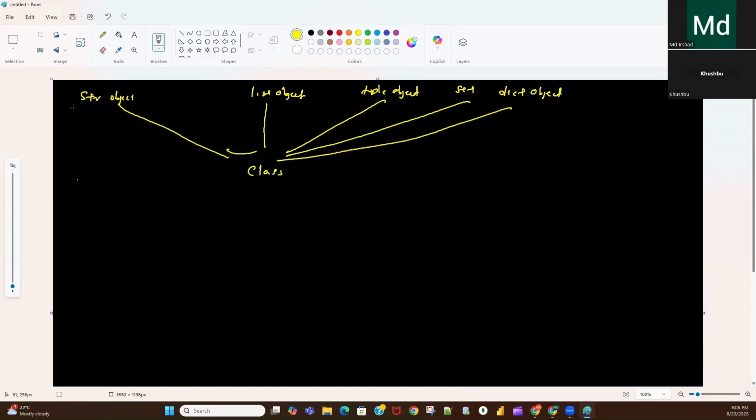Inside the string class, the string class is inbuilt. Inbuilt means someone has already created it, and you don't need to do anything.